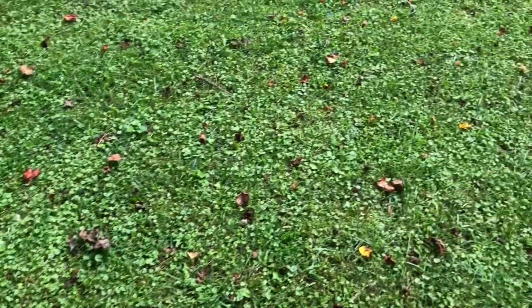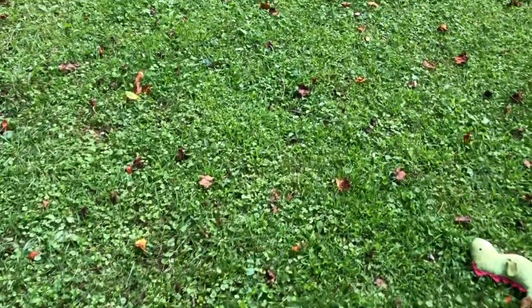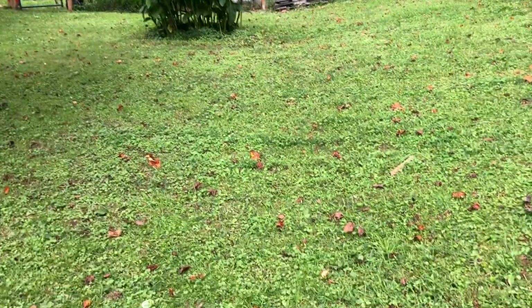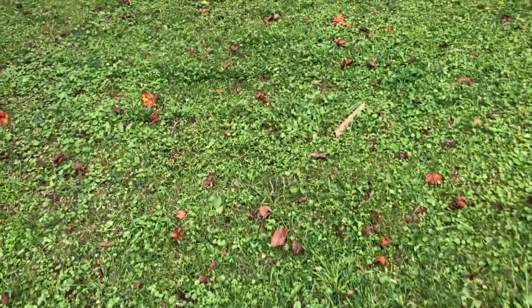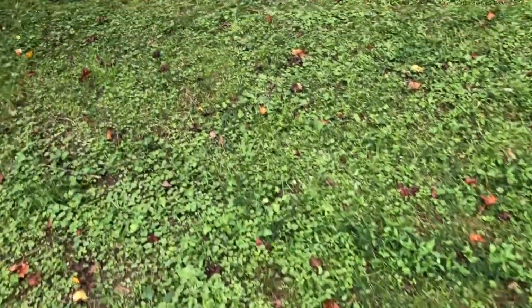At least it's not as aggressive as the Japanese stiltgrass, which, you saw up there at that other part on the property, can get 3-4 feet tall. And I also forgot to mention that each one of the stalks on the Japanese stiltgrass, here, let's take a look at that actually. Coming back to the Japanese stiltgrass,